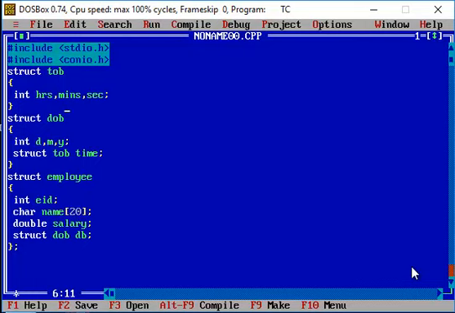Okay, so always remember you have to include the semicolon after your structure definition. So we have created three structures, and all these three structures are nested. That is, the two structures DOB and TOB are nested within each other. So first DOB is called by the structure employee, that is, employee is going to consume the structure DOB, and the DOB in turn is going to consume the structure TOB. So we are going to see a very simple example of how we can assign some values first to this kind of structure.